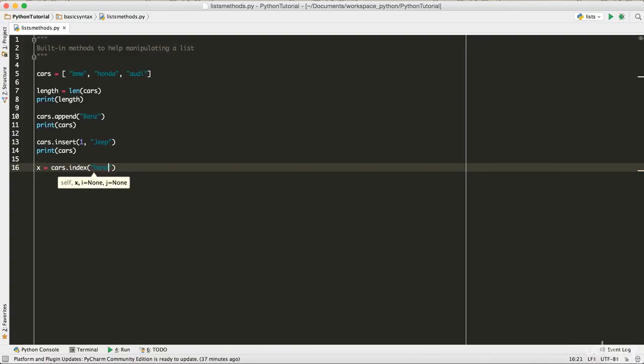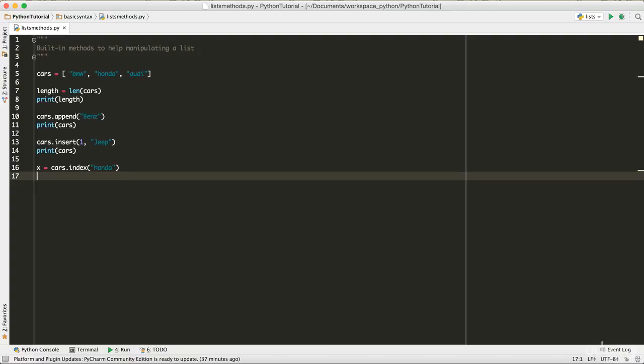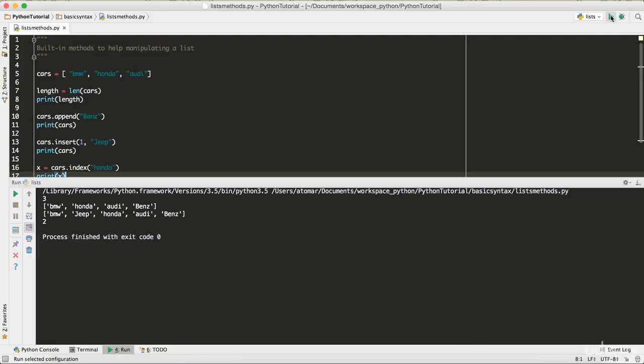Let's say I want to find where Honda is. So I'm just trying to find the index of Honda inside the list. I'm going to print x, which has the value returned by cars dot index, and let's see where Honda is.